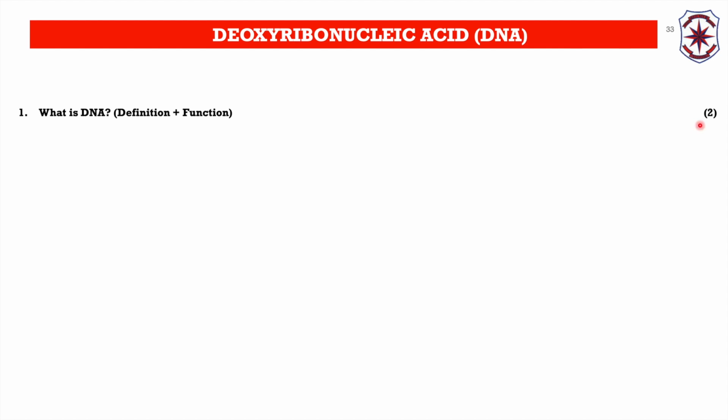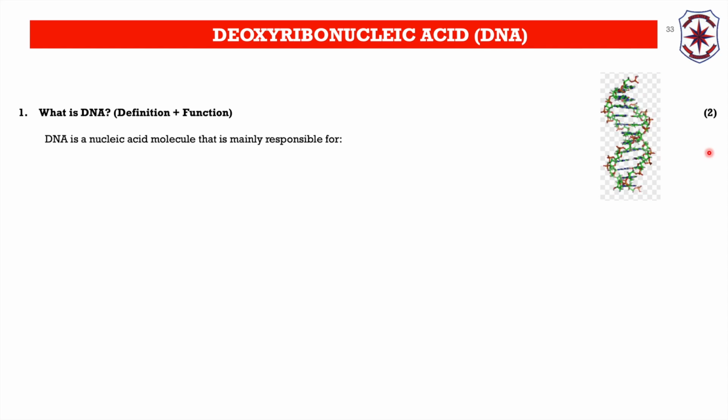So what is DNA for 2 marks? This definition that I'm going to give you acts as a definition and as a function as well. So the answer to this question is: DNA is a nucleic acid molecule. It is a molecule that is found in the nucleus, hence nucleic acid, deoxyribonucleic acid. So DNA is a nucleic acid molecule that is mainly responsible for